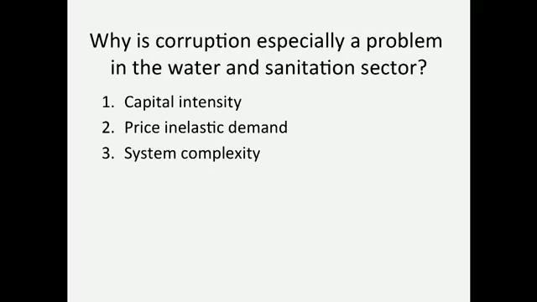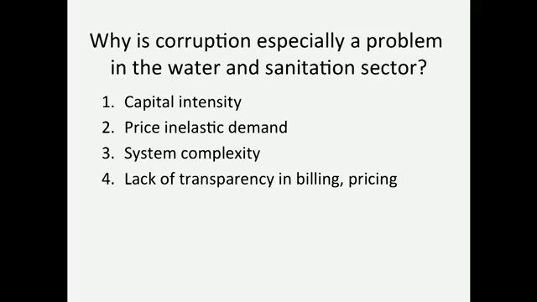The third reason is that water and sanitation networks are complex and hidden underground. This means that a supplier can run down the quality of the capital assets without others, for example, a regulator, having a clear understanding of what is happening. The fourth reason is that there is a lack of transparency in billing and pricing. It is not difficult for service providers to send their customers water bills that are difficult to understand and unrelated to actual water use or even unrelated to the official water tariff. Most customers cannot discern such billing discrepancies.